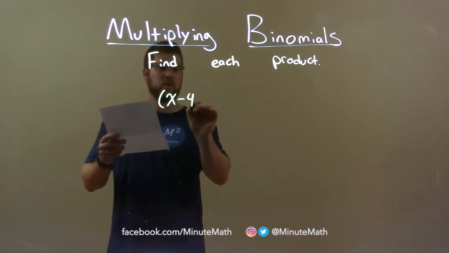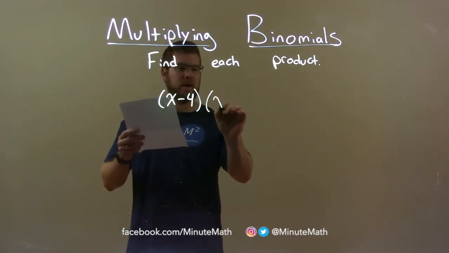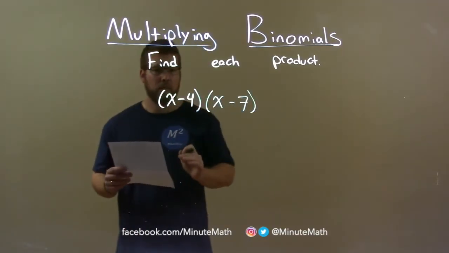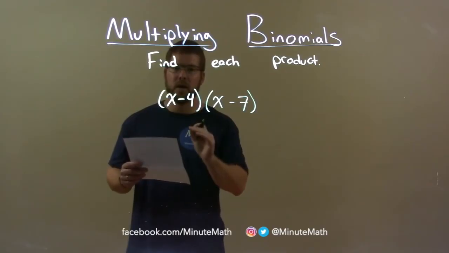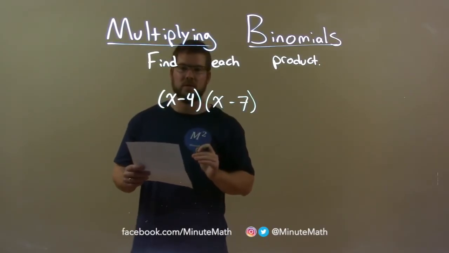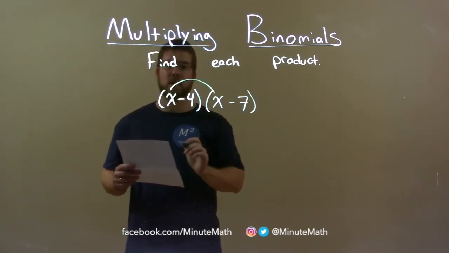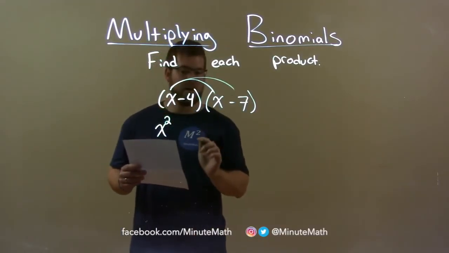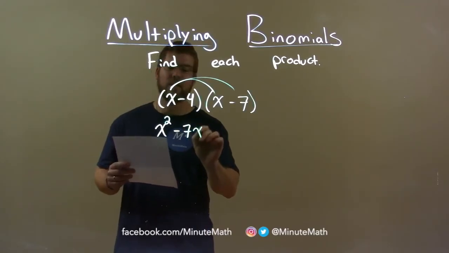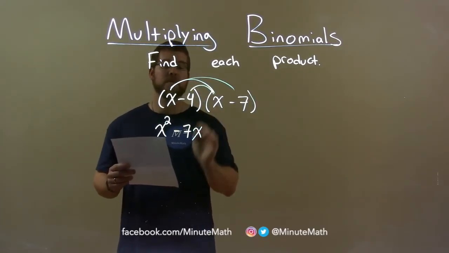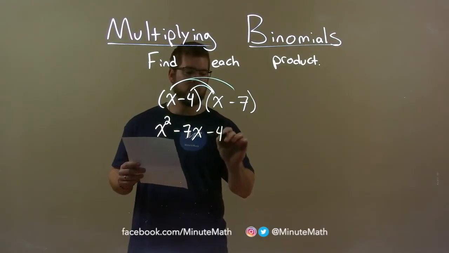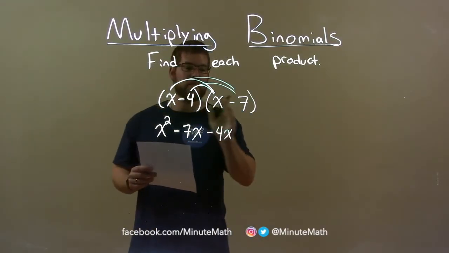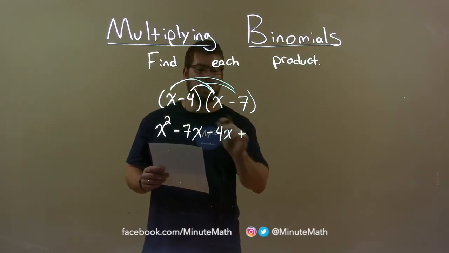x minus 4 multiplied by x minus a 7. I want to take all parts of our first parenthesis and multiply by all parts of our second parenthesis. So, x times x is an x squared. x times a minus 7 is a minus 7x. Minus 4 times x is a minus 4x. And a minus 4 times a minus 7, a negative times a negative is a positive, and 4 times 7